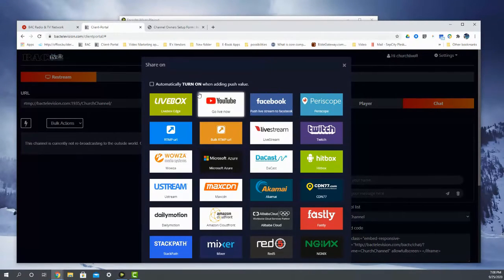And then if you want to automatically, when you go live, once you've got these set up, then all you do is click this, and when you go live, it'll stream to all those other locations at the same time. So you can broadcast to 5, 10, 20, 30, 40, 50 different networks based upon you setting it up in this area. And we'll have a more in-depth video on how to do that. Actually, we have one already done, so you can take a look at that. So let's go back to